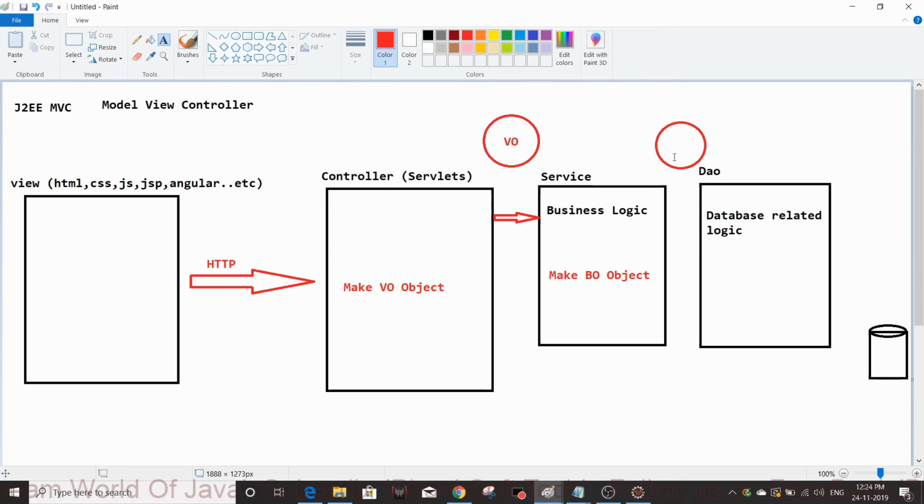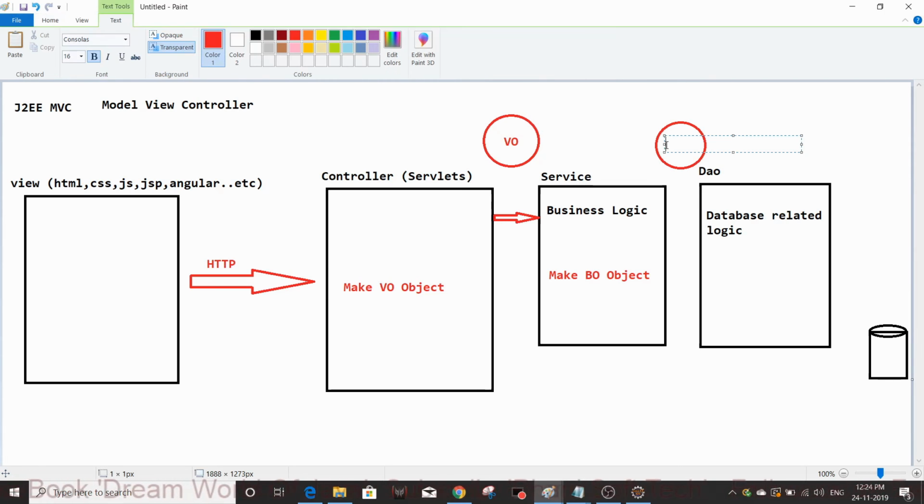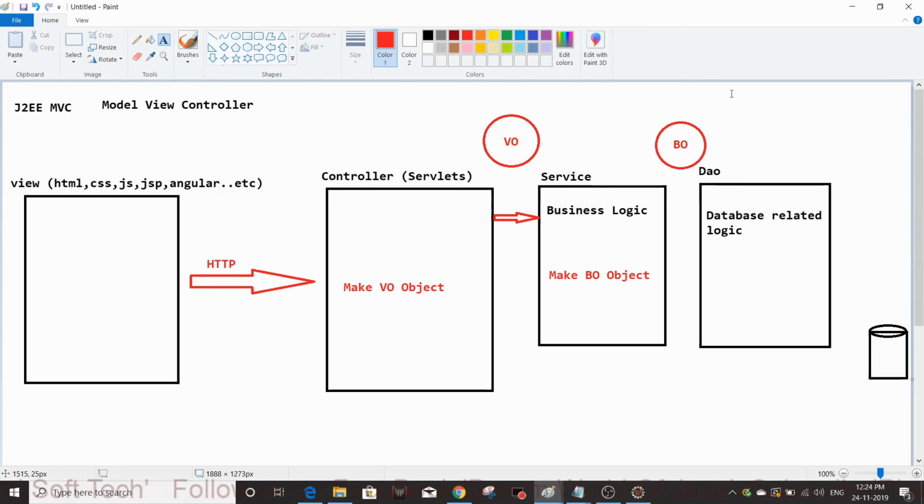BO means the object which is going to be sent from the service layer to the DAO layer. The BO object has the data which is only useful for DAO operations. Are you getting it? If you want to send data to the database layer, make sure we send the BO object.